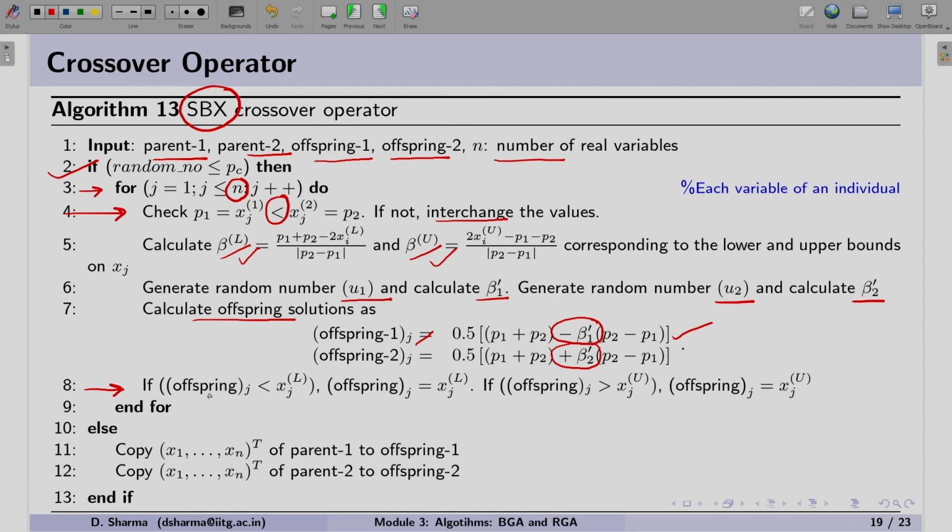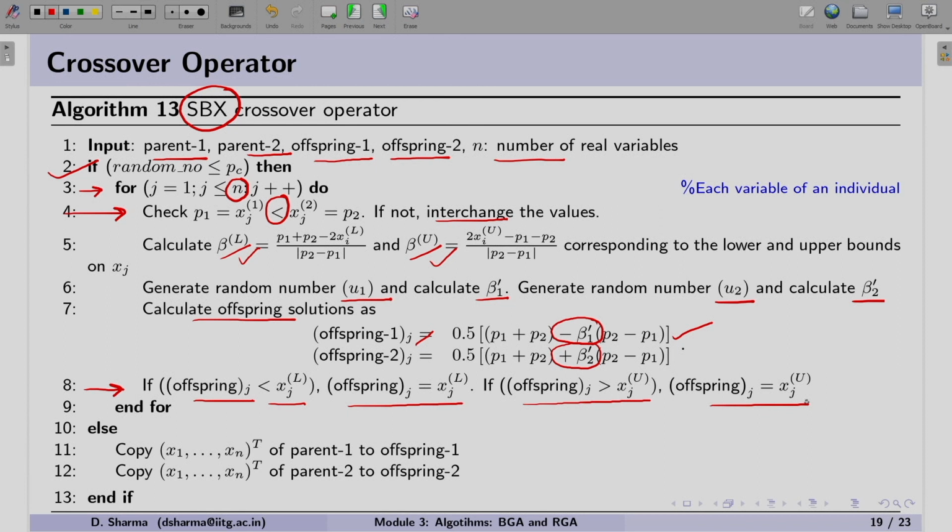If the jth component of the offspring is smaller than the lower bound, then we put it on the lower bound. Similarly, if the jth component of the offspring is greater than the upper bound, then we take it on the upper bound. That will make sure our variables are within the lower and upper bound.